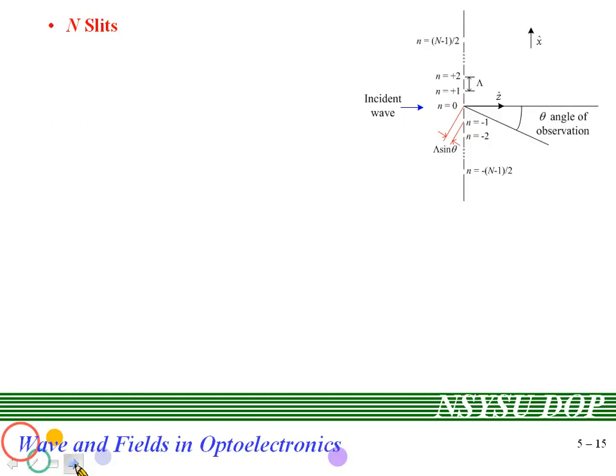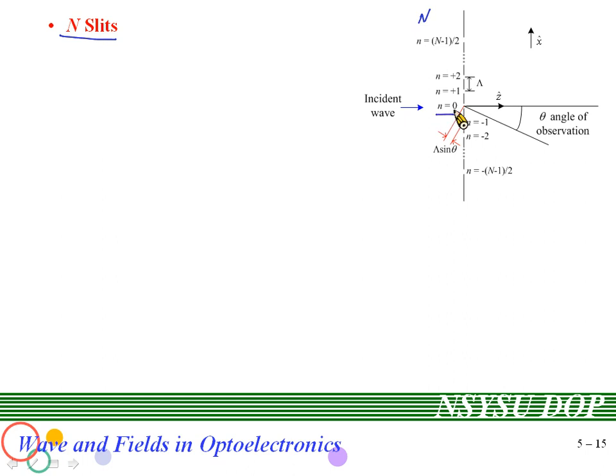After we have found the Fraunhofer diffraction of a single slit, let's try to calculate the Fraunhofer diffraction of an initial amplitude formed by N slits. Here is the initial amplitude, and we have many slits shown here. The total number of slits is N, and in the center,